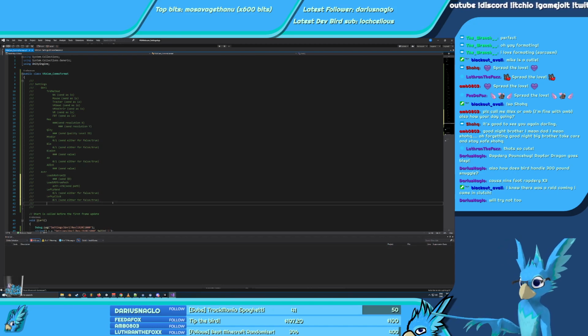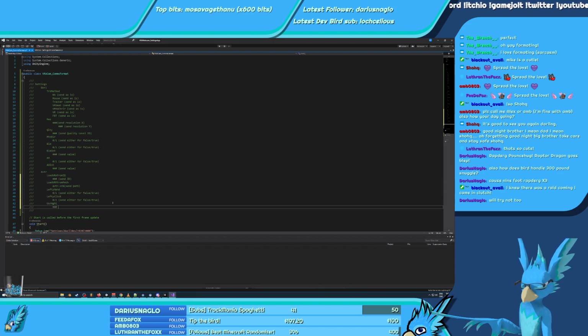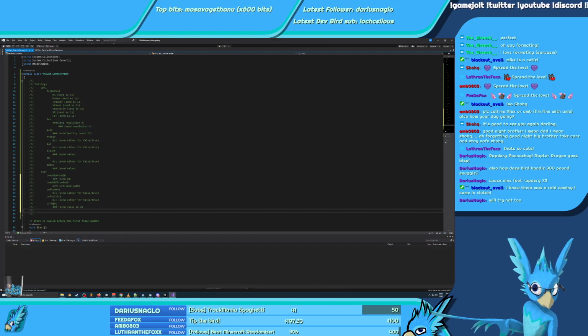User real height, that's gonna be important. User height, which is gonna be a number. Send value in meters. And that's gonna be it for avatars.